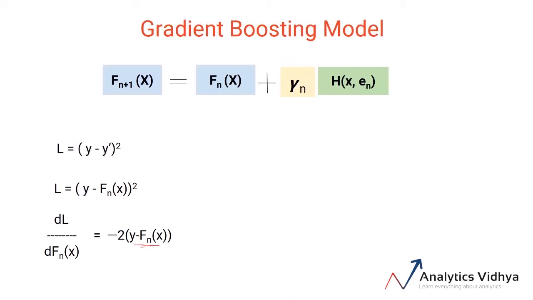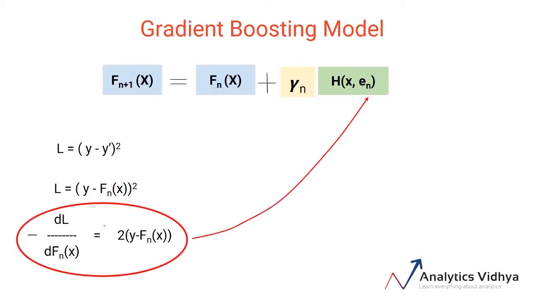And this was the loss function. So to simplify this part, we're going to multiply both sides of the equation by minus 1. And the result would be as shown on the slide here. We'll get a minus sign here and the minus from the RHS would vanish. Now the RHS is similar to the error we were discussing, right? Here we were considering this error En, which was actually y minus the updated predictions of all the models. So I can say that this En will also be equal to this LHS of the equation. And now I'm going to replace the En value with this pseudo-residual. So this is our final equation.